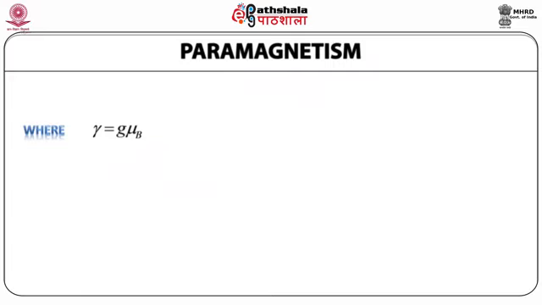It is a Brillouin function, and this entire expression for magnetization is called the Curie Brillouin law, where this parameter gamma is equal to g into mu B. Now remember that how we have derived this is a very important thing to understand,